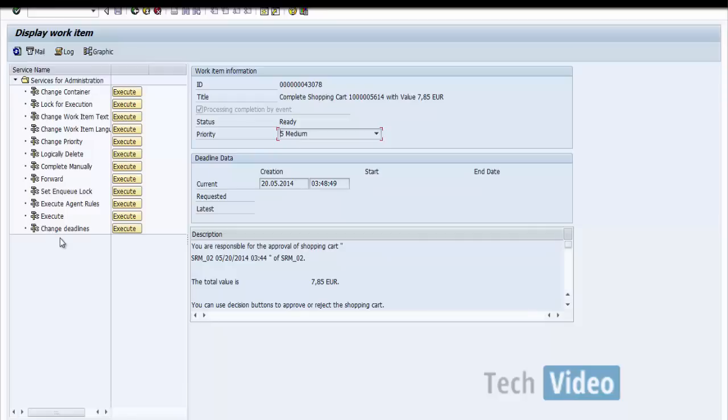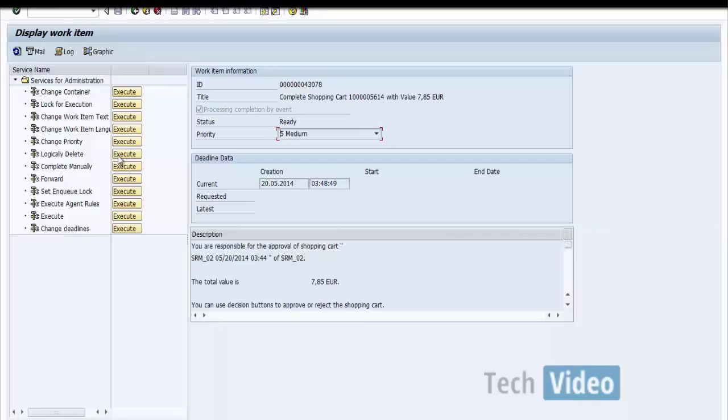Let's logically delete it. This is needed when you do not need the shopping cart approver to run. There is no way to stop the shopping cart in between, but only to logically delete it, which means that it will still stay in the backend. However, there would not be any workflow step which would be triggered further for the particular shopping cart.